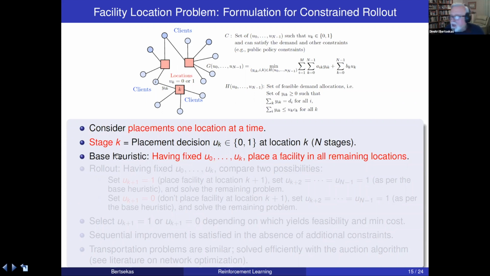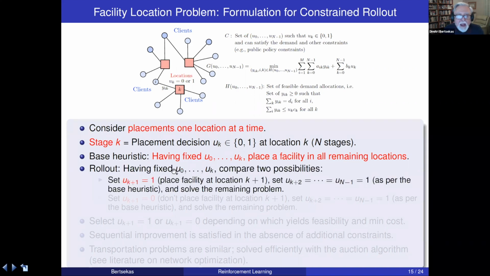I could use any of a number of base heuristics, but here's the one that I'm going to be using here. The base heuristic completes a partial trajectory, right? So given a partial trajectory, it must have a way of completing this trajectory with additional u variables. And it chooses to place a facility in all the remaining locations. In other words,